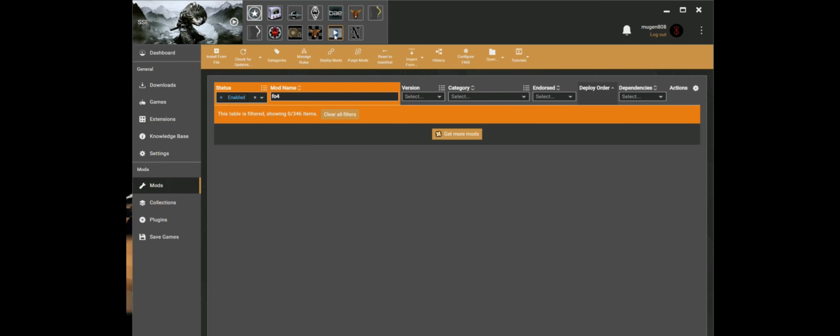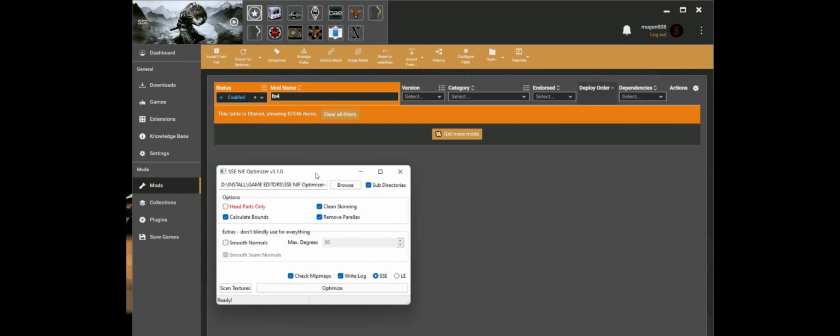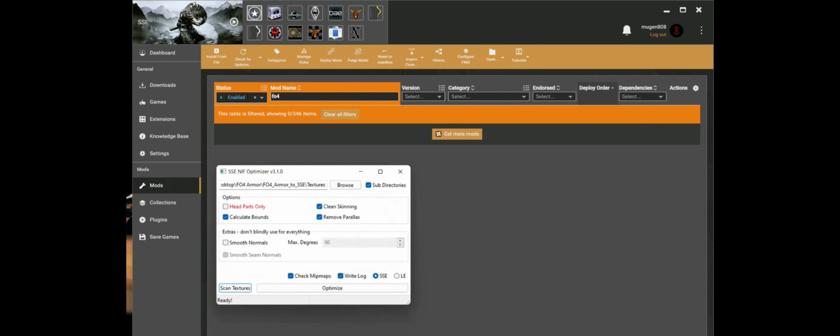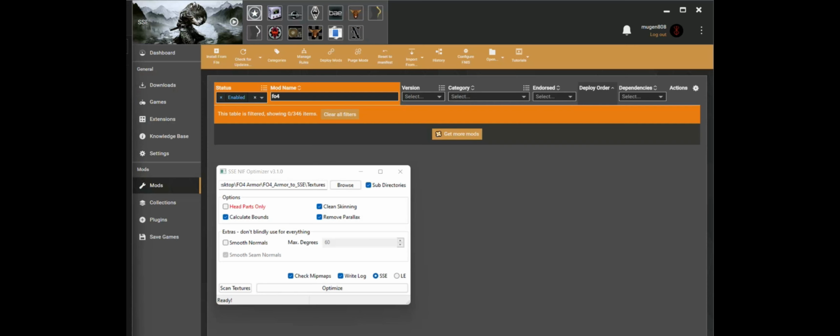Just open it and paste the path you just copied, the path of your texture folders, like this, and just go for Scan Textures. And if everything goes fine, it tells you that it's alright. Now we know textures are alright.